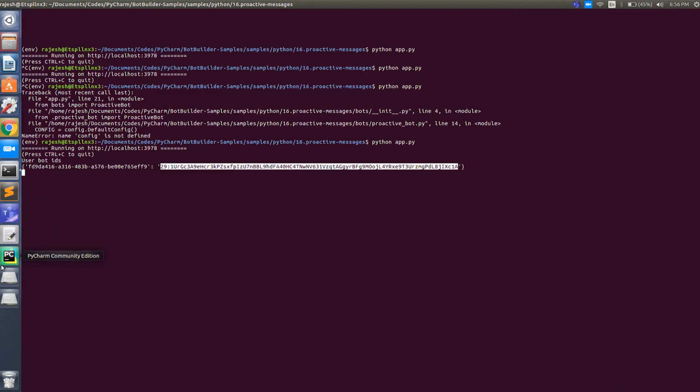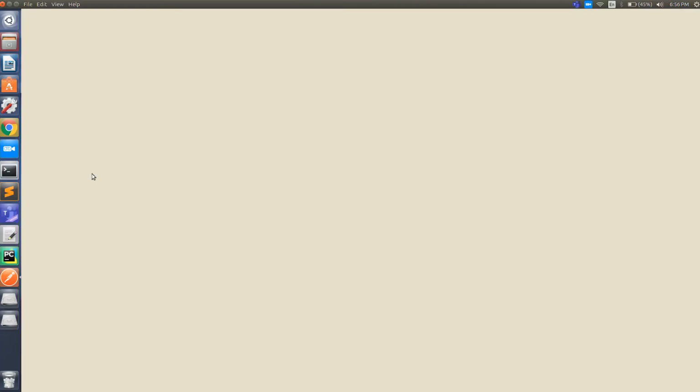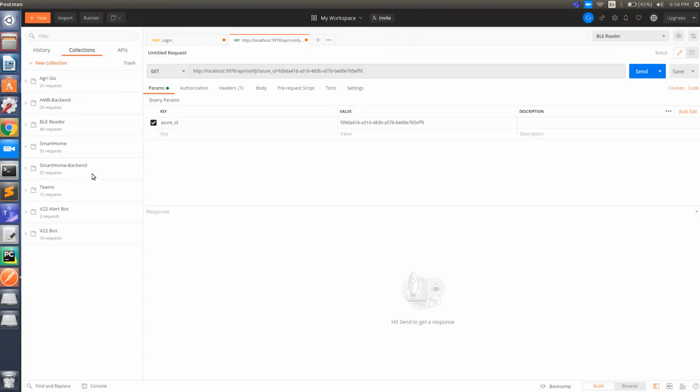So now what I'm going to do is open Postman. We can use Postman to make the HTTP calls. I'm going to call this API notify, and I'm hoping that it should create a conversation and send a notification to the bot. Okay, here if you see, I have HTTP localhost 3978. Let's make it a POST, and I'm saying API/notify. So this is the same thing we just defined in our code.